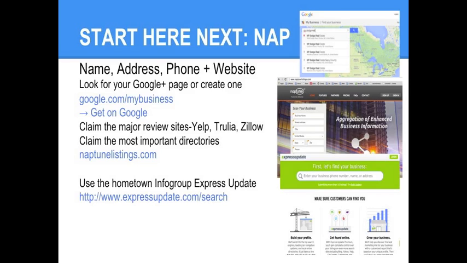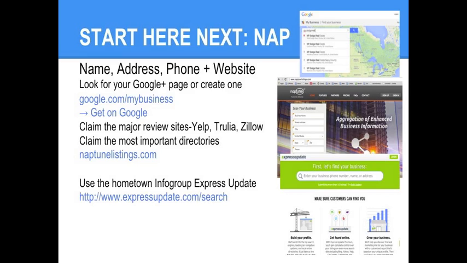There's 2 places. One is moz.com/local. The other one is naptunelistings.com. You'll enter your basic business information, and it'll show you how many results online reference your business and your core business information in the major directory.